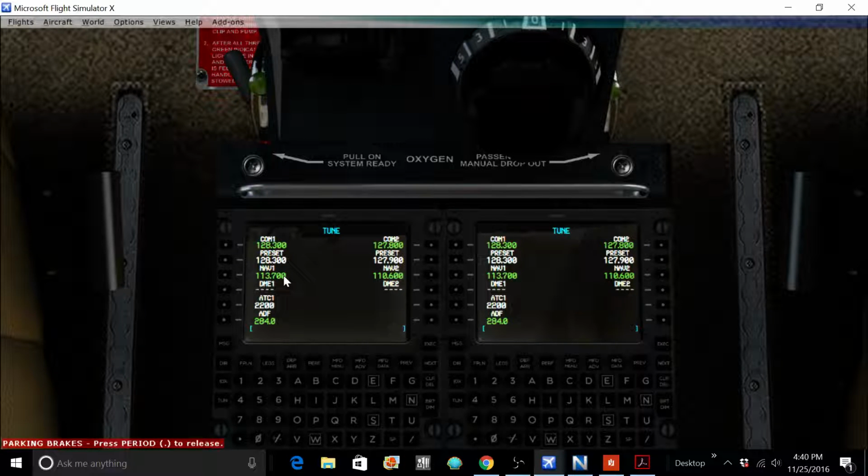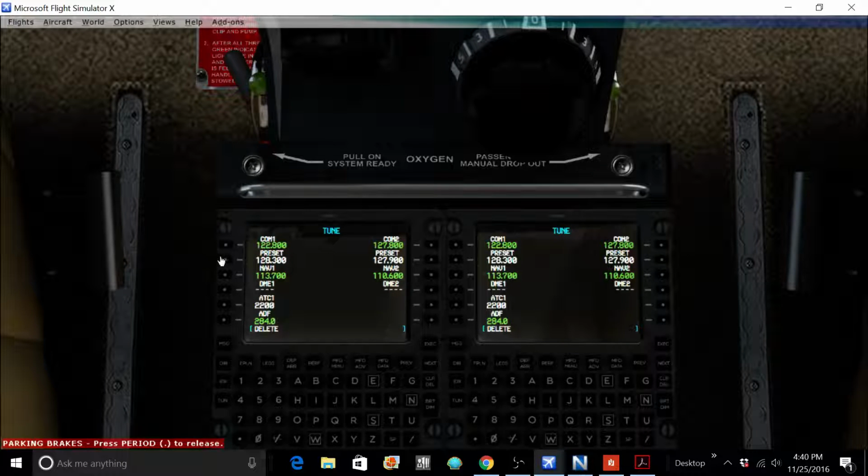Now, I simply, and this preset, I believe, comes from the radio panel up there. So I'm going back to 122.8. Here we go. I can simply do that and put it directly into there. No big deal. Now, one thing you can do if you want to clear this preset, you can come here,